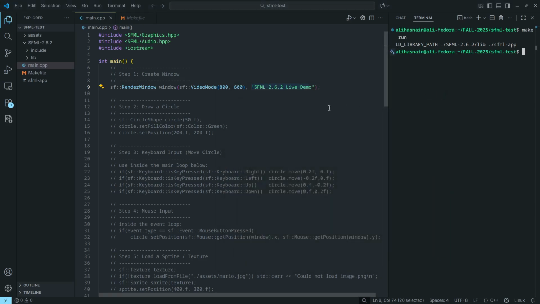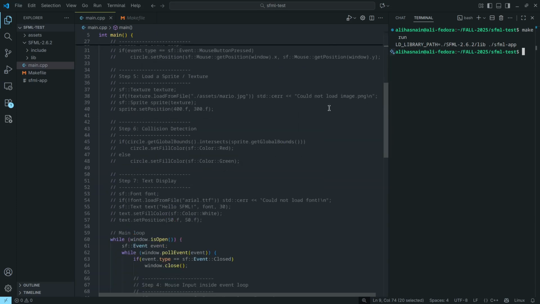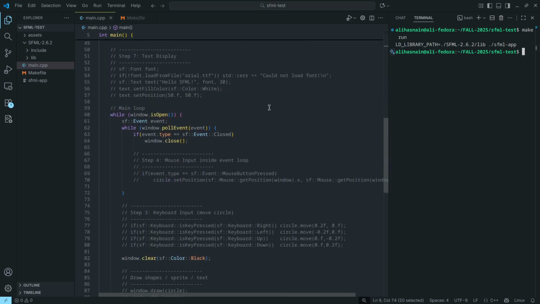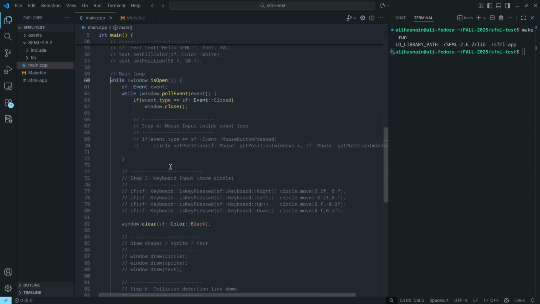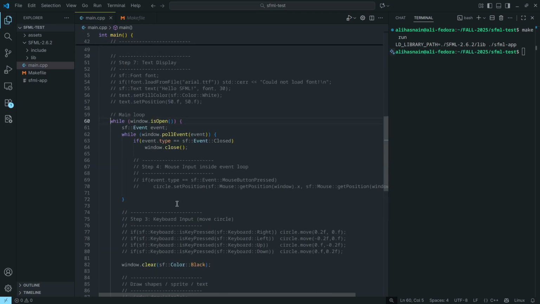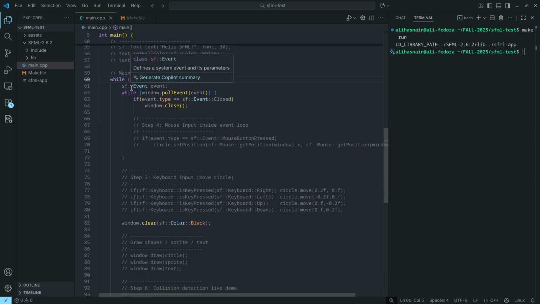So next up, what I want to explain to you guys is that SFML programs work in the main loop. So this is how the main loop looks like. While the window is open, do this stuff. So everything that you draw inside an SFML window will come here. As you guys can see here, we have also declared an event. So what it does is